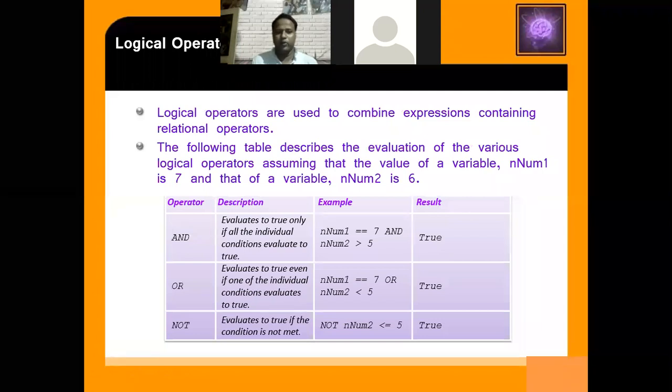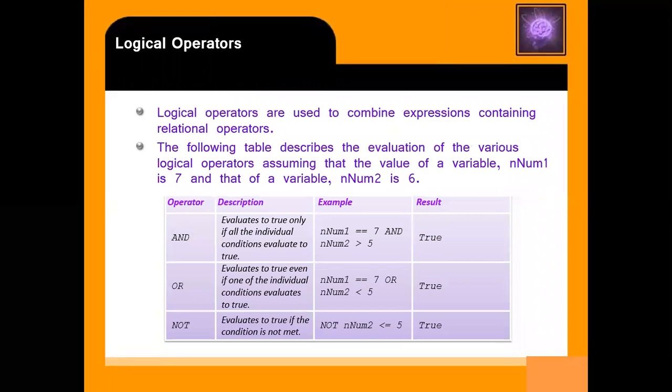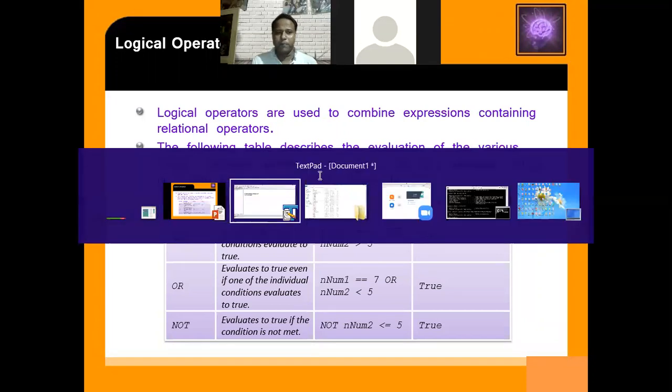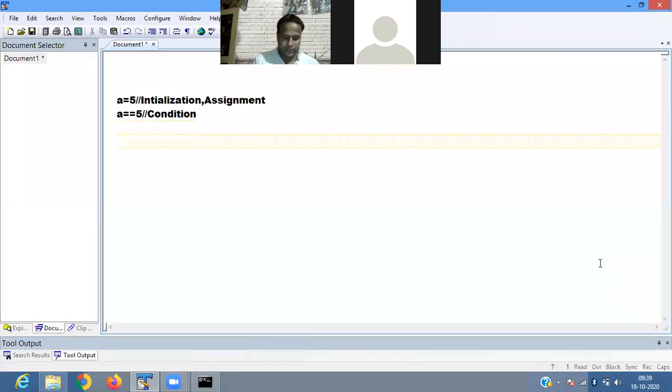Then now we go for the logical operators. In the logical operators we have and, or, not operators. In the and operator, we're comparing two statements. It is a comparison operator.